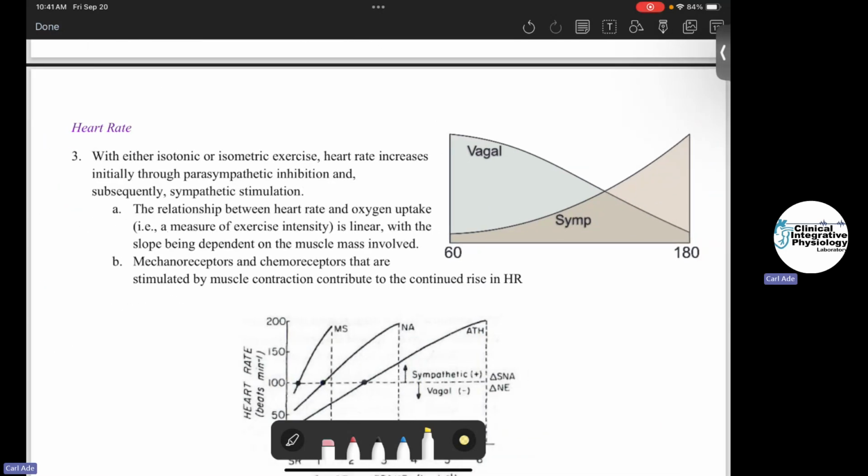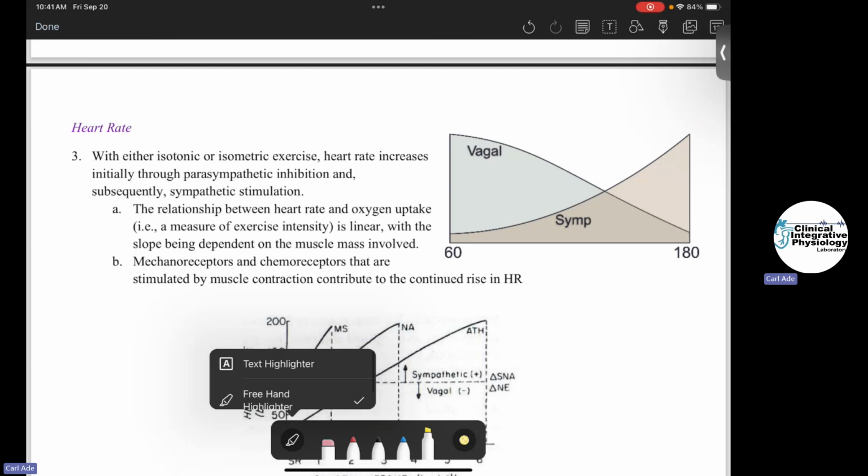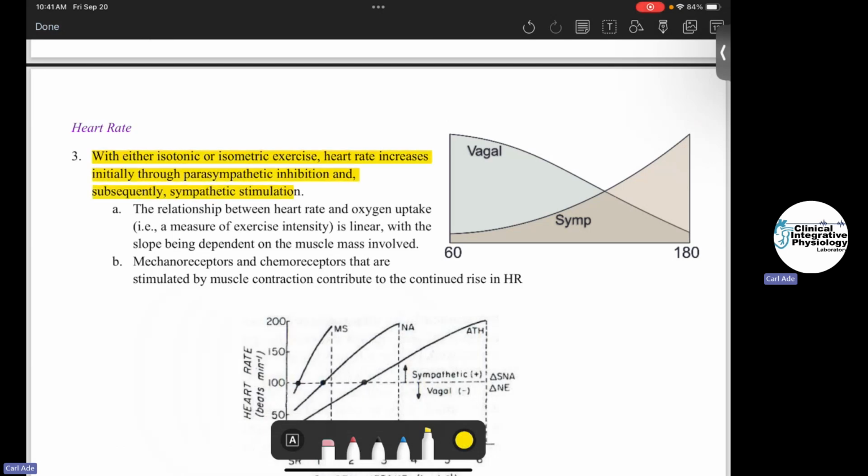So now let's take a step and look at how does heart rate change with exercise, and how do we see that change with aging, and same with stroke volume. So as you may recall from previous classes, with any type of isotonic or isometric exercise, heart rate increases initially through both parasympathetic inhibition and subsequent sympathetic stimulation. So this parasympathetic withdrawal, sympathetic activation. And it's this reciprocal change in these two arms of the autonomic nervous system that permits heart rate to increase during exercise. And we can see in my figure here the parasympathetic withdrawal,